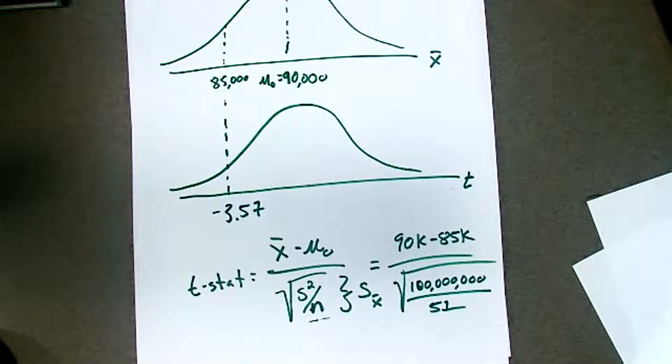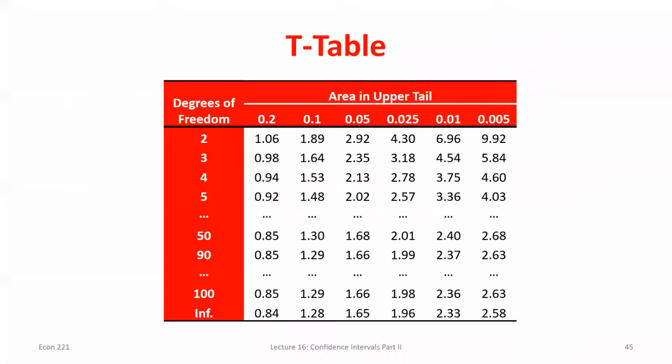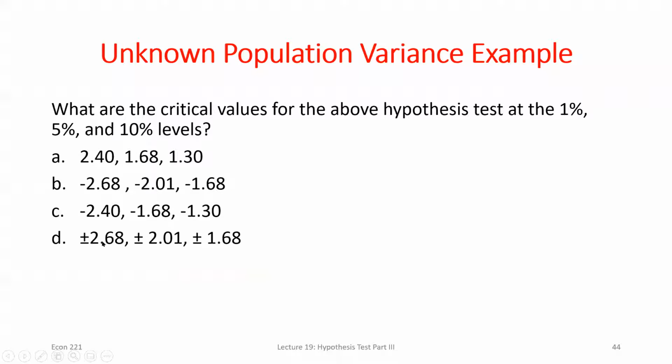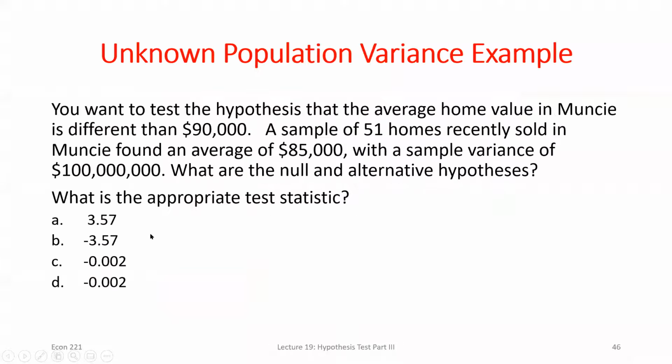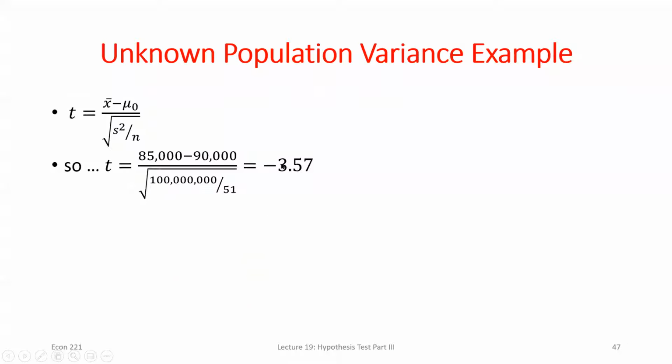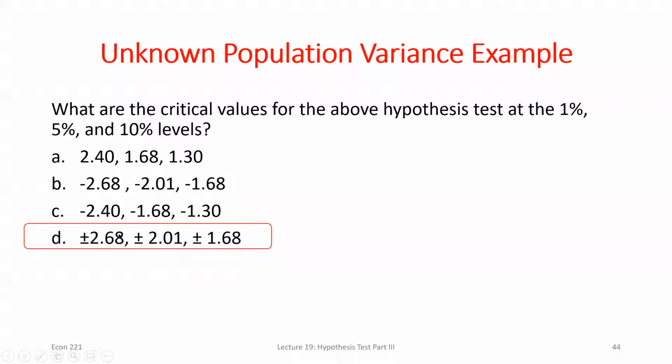Now, we had those three critical values from earlier. We could have plotted them, but notice, I've got positive and negative, these were my three different levels. My test statistic, if I draw this out, is going to end up being in the rejection region because negative 3.57 is greater in absolute value than all three of these critical values. It's going to be way further out in the tail, in the rejection region